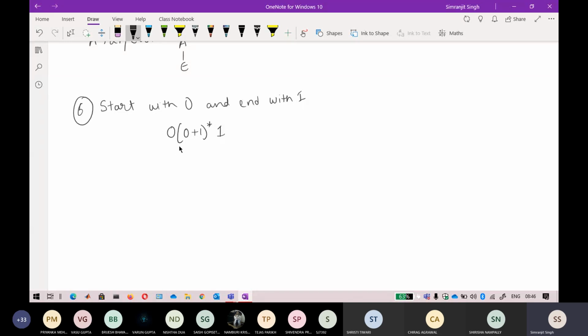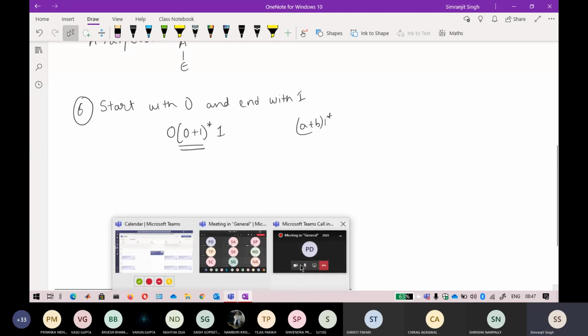Okay, so again you see that this is again (A plus B) star here. That kind of thing is always, that is why I am calling this a building block, because it is most probably used in many other languages. Okay, so just try to write the grammar. It will be very beneficial if you try it, and I will tell you the solution in like 2-3 minutes. You just try it yourself first, and post your screenshot. Okay.